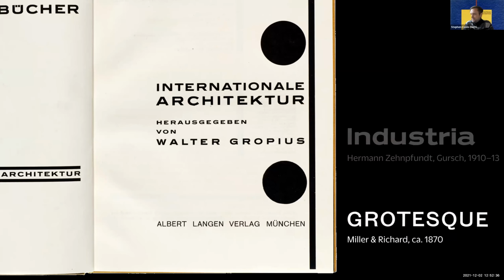The other typeface that you see at the bottom here looks a lot like Accidents Grotesque, which we've mentioned before, but it's actually a predecessor called Grotesque #1. And this is the first typeface that we're seeing here that is not originating in Germany. Most of the other typefaces, if not all, that we've looked at were German typefaces. But this was probably designed at the Miller and Richard foundry in Scotland, around 1870, so it's a fairly early